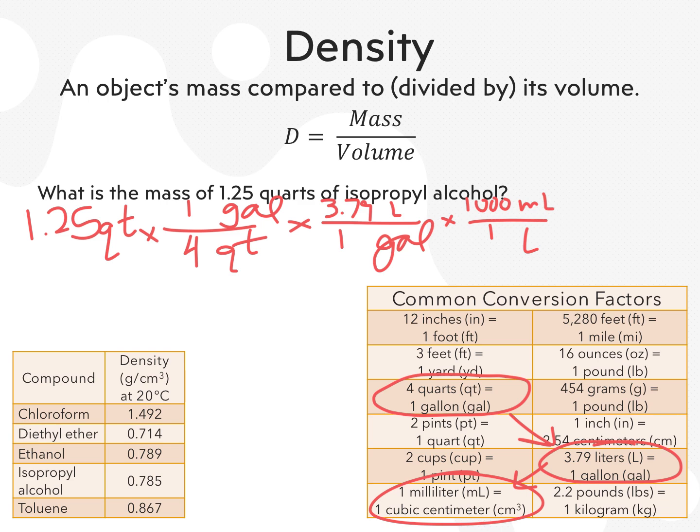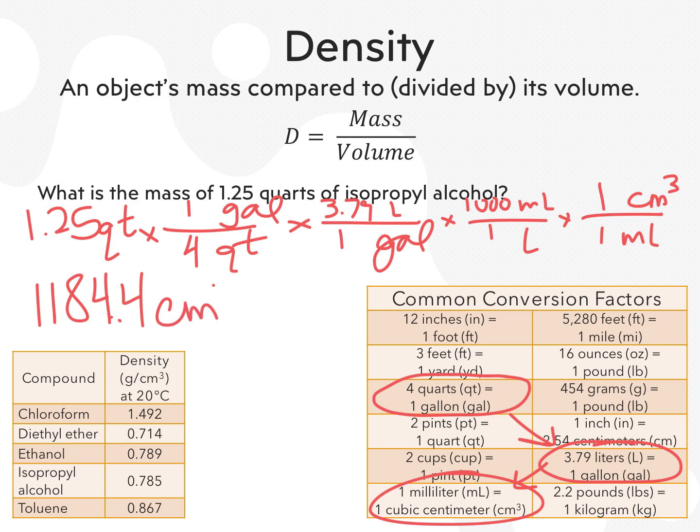And a milliliter and a centimeter cubed are the exact same thing, so you can leave them as milliliters, or you can turn it into centimeters cubed if you want. That part doesn't really matter. So 1.25 divided by 4 times 3.79 times 1,000 gives me 1184.4